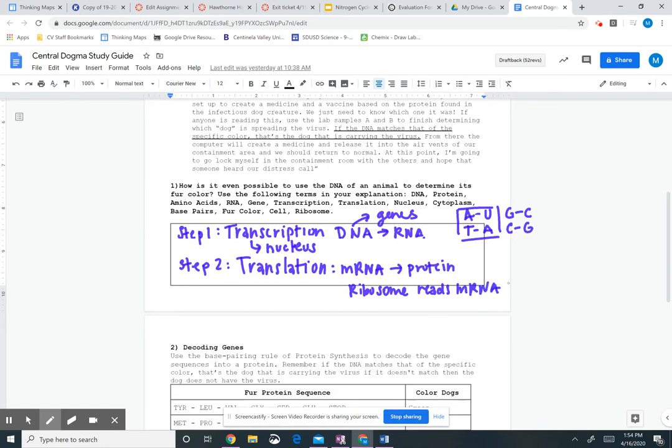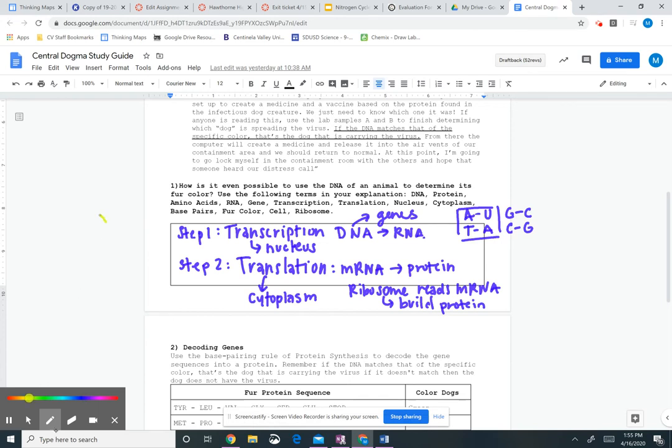And then since that ribosome is reading the mRNA, it goes ahead and builds the protein. And that protein is then going to be expressed, and when that protein is expressed, it's going to show those different traits. The location of this is the cytoplasm. So just to give you guys an idea of how this all works,